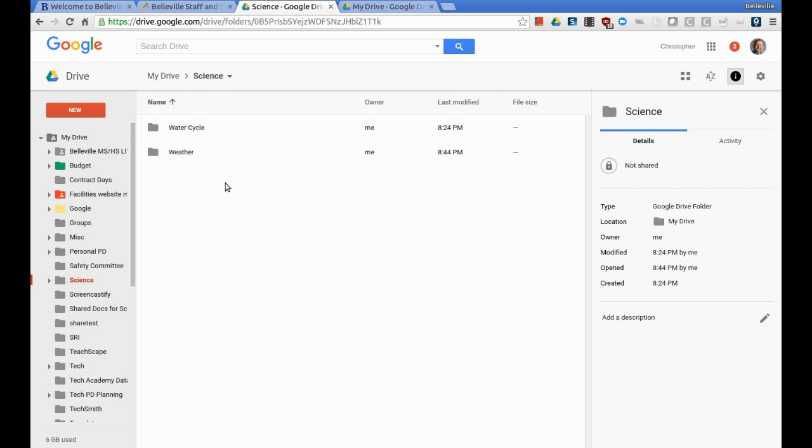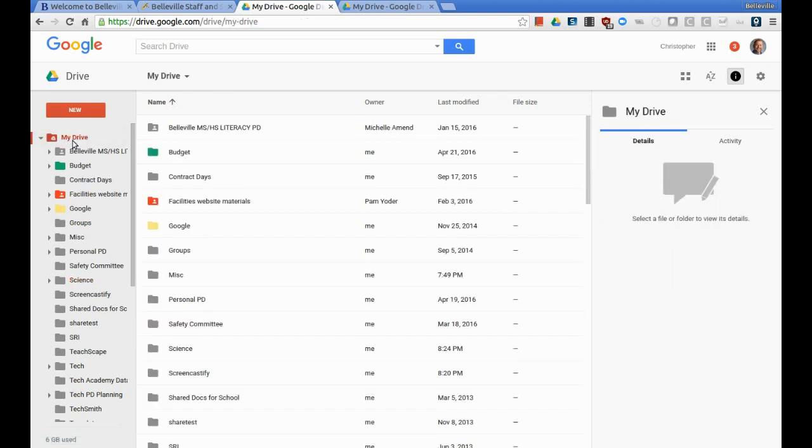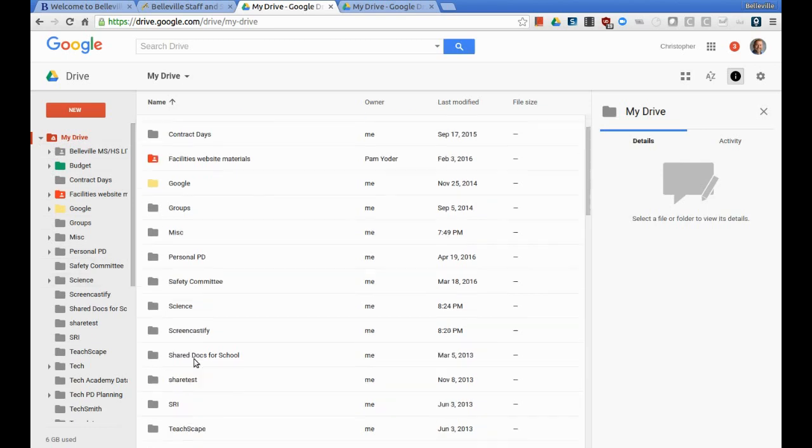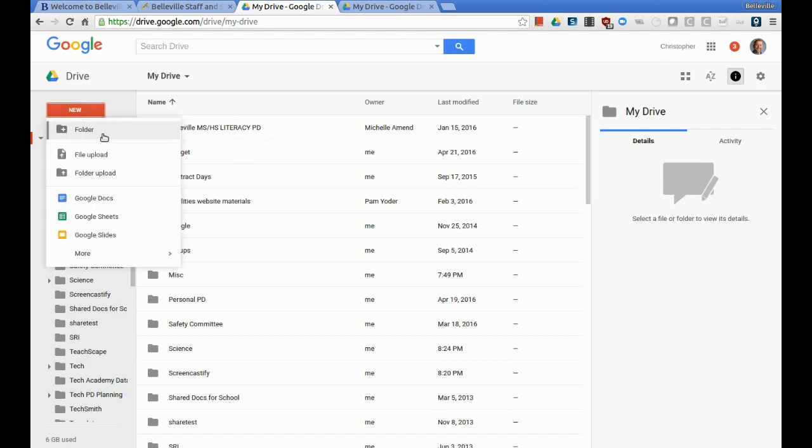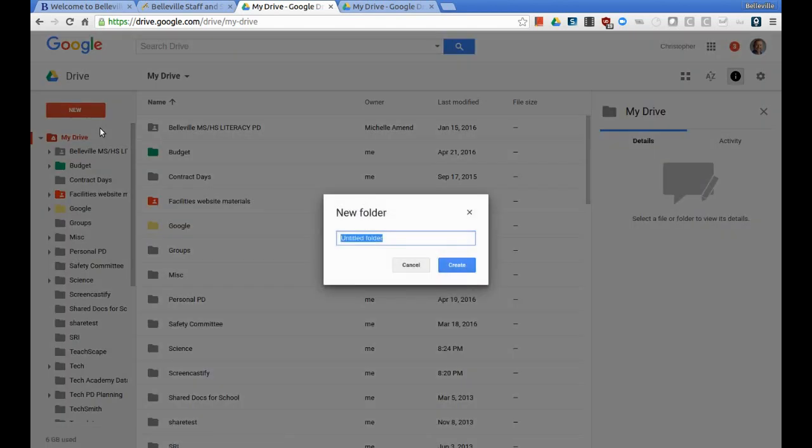So it's really up to you, your personal preference, but you really do want to organize the drive as much as you can. I've actually gone through here and been organizing my folders, and I can see that I've got a few things that should be organized as well. So I'm going to go over here. I'll show you another way to create a folder, and that is to click on New and choose Folder. And I'm going to say professional